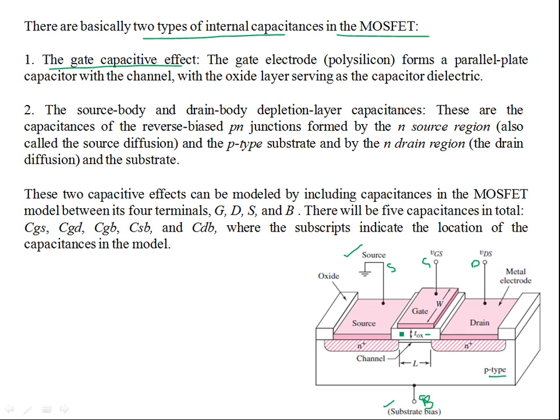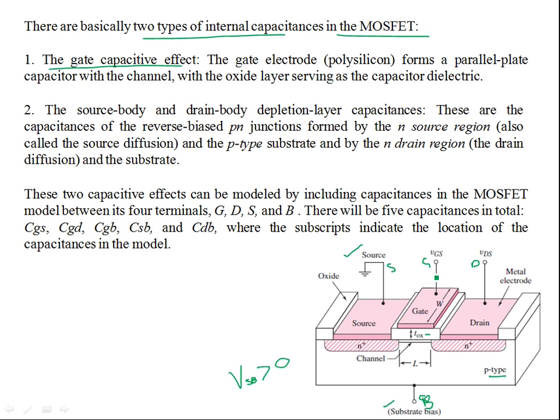included in the model. If the source and the bulk or the body are not at the same potential, say VSB is a positive potential, then there is another current source besides VGS. So instead of gm·vgs, you have gmb·vsb, which models the current in small signal models due to the body effect, where the source and bulk are not at the same potential. Anyways,